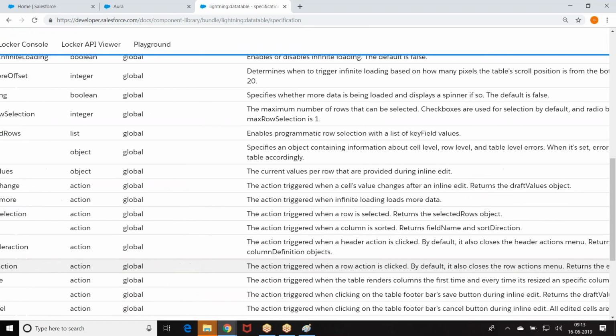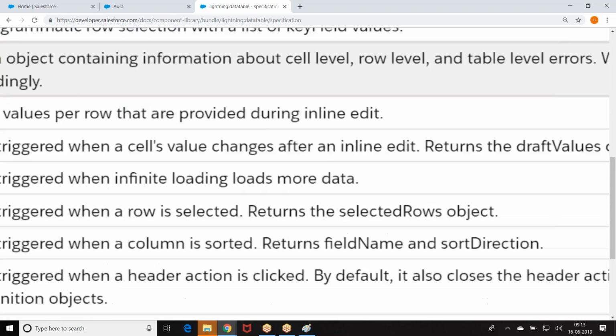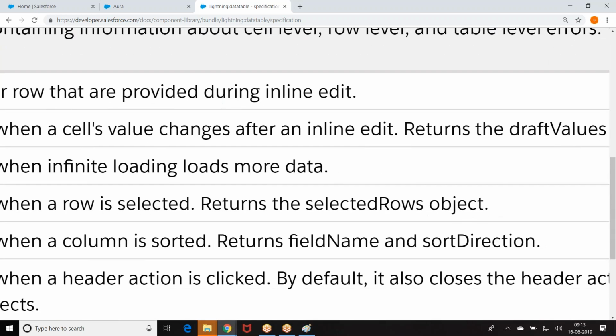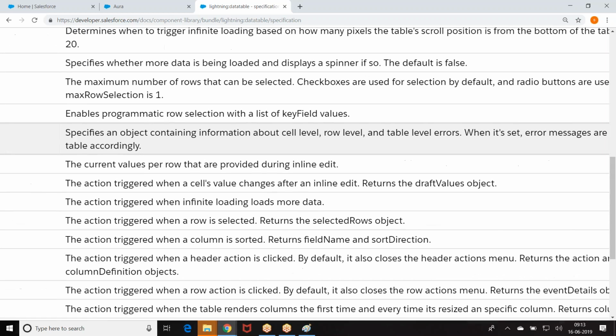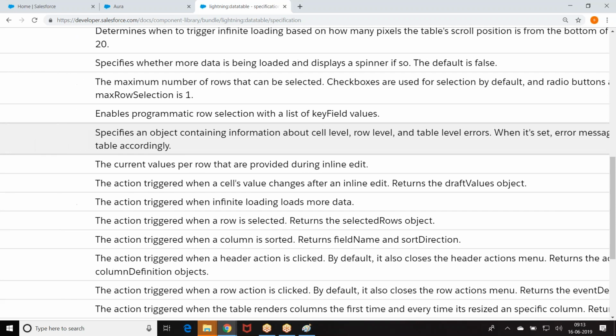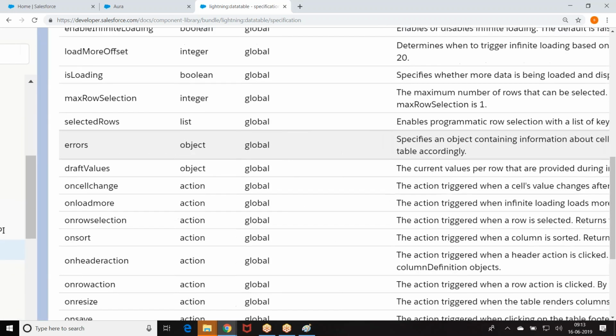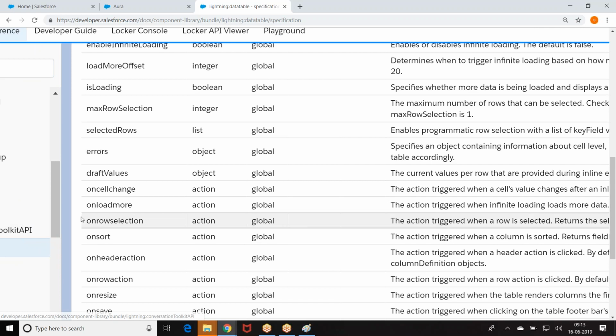Row selection is going to return you the selected rows object. So if you want to know what the list of records you have selected are, then we need to go with on row